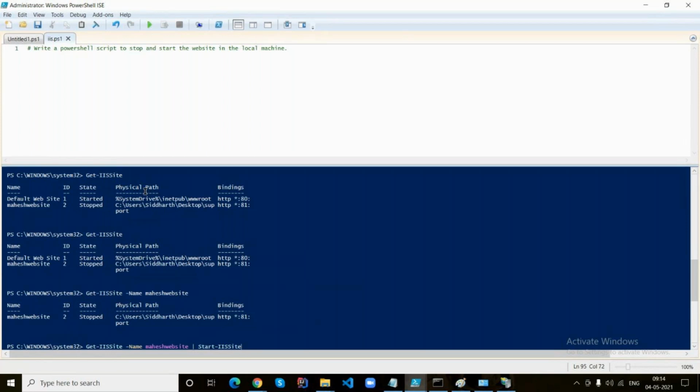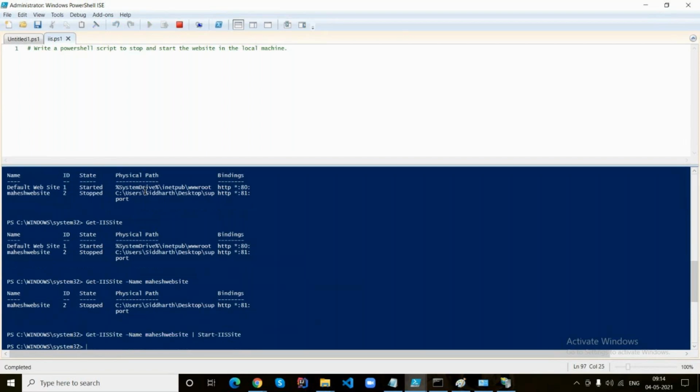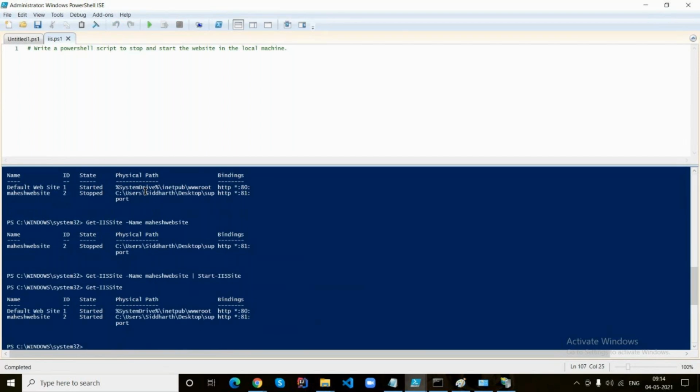Whenever you pass the pipe symbol, the output of the first commandlet will be passed to the next commandlet. Now you can see Mahesh website is in started mode now. Right? All of you.